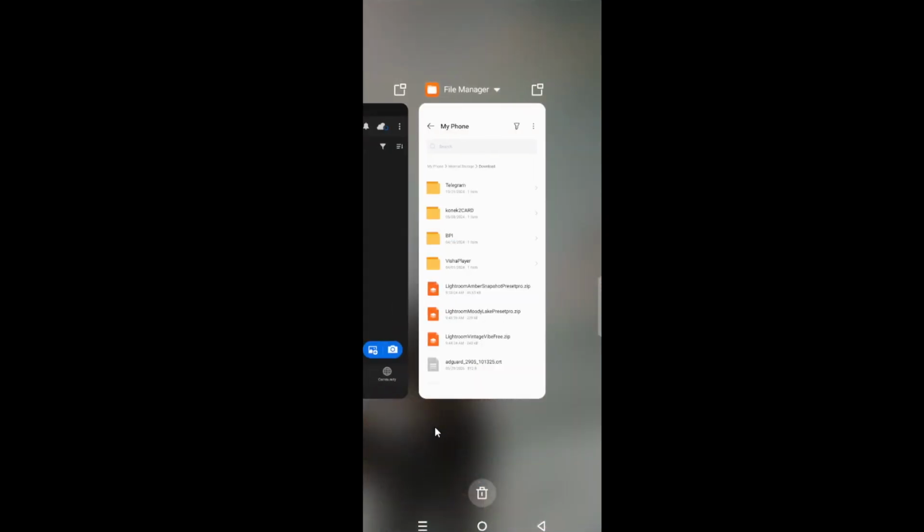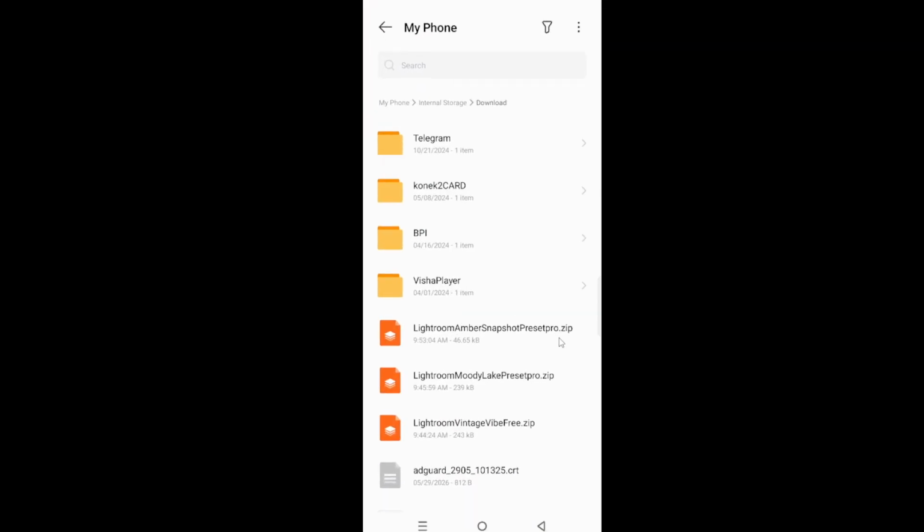Lightroom Mobile accepts XMP files and preset packs in a zip archive. You can keep them in your device's Files app or in a cloud location like iCloud Drive or Google Drive. A quick tip here: put them in a clearly named folder so they're easy to locate when you browse to import. Open Lightroom on your mobile device.